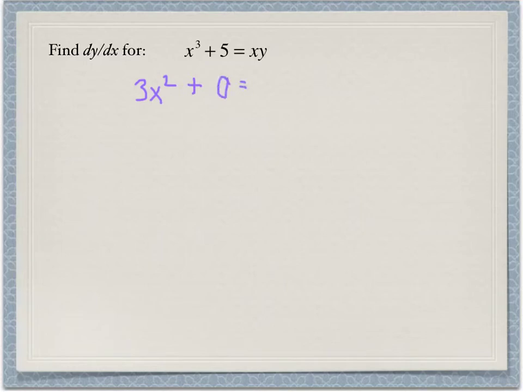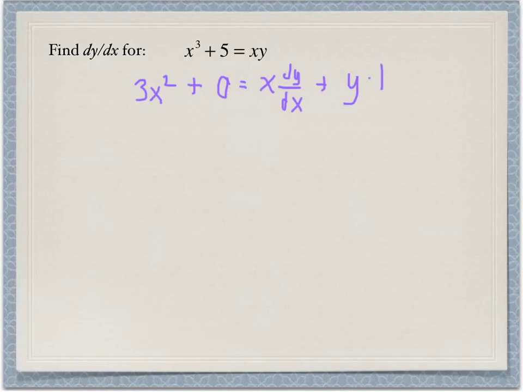And oh, looky here, what do we have? This is x times y, so we better go ahead and use our good friend the product rule. The product rule says the derivative of that is the first times the derivative of the second. Now, the derivative of y, we don't know exactly what y is, so we just write it as dy over dx plus the second, which is just y, times the derivative of the first,